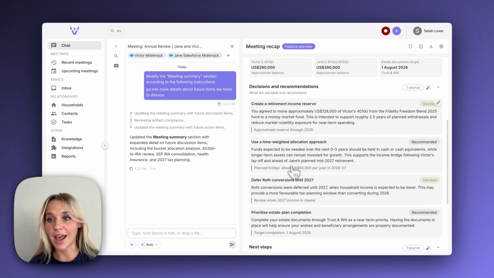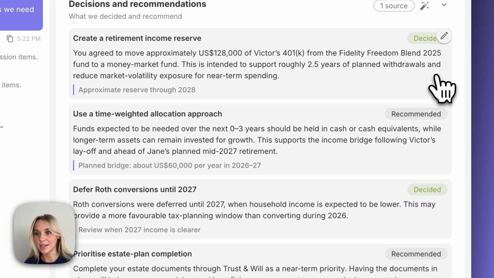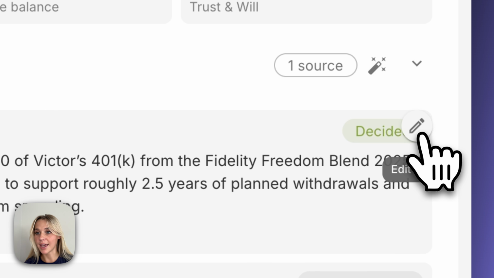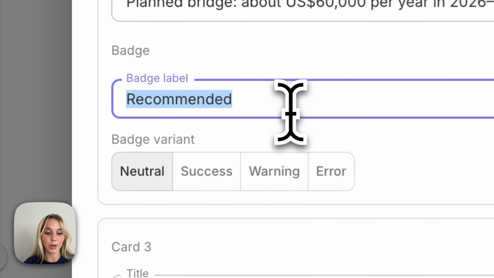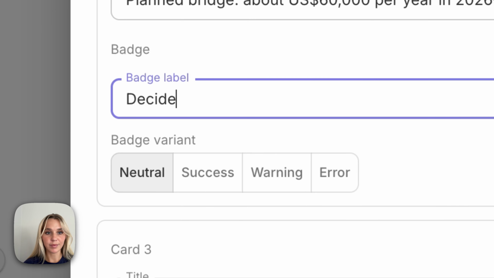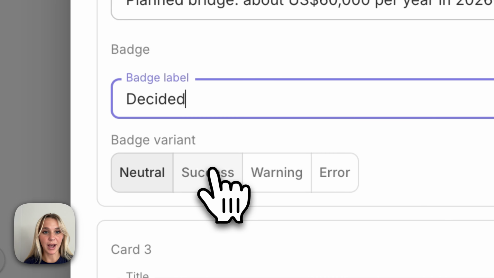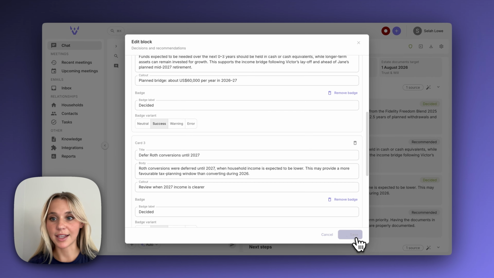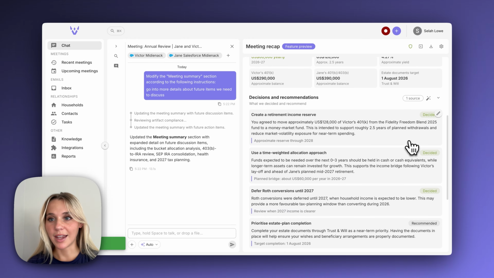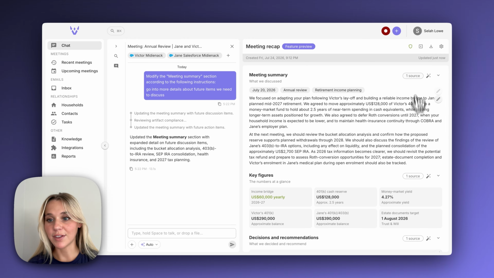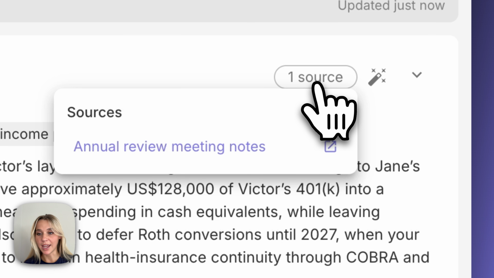And another thing you can edit is any of these badges. So I'll just go ahead and click Edit Block. And let's just say we were going to say decided here. And then you would edit your badge variant color and click Save. And it's adjusted here. And another thing you can check is any of the sources at the top of each section. So here I have a sources badge,